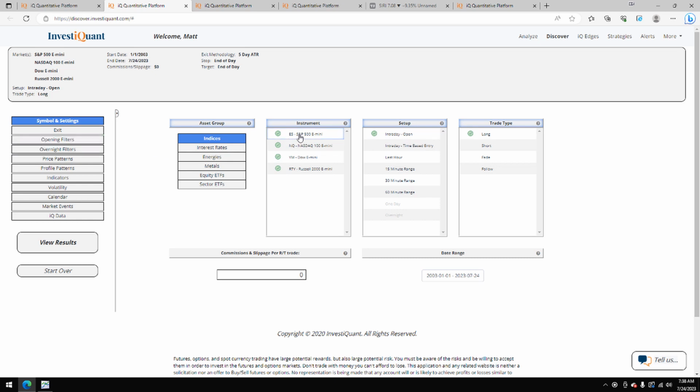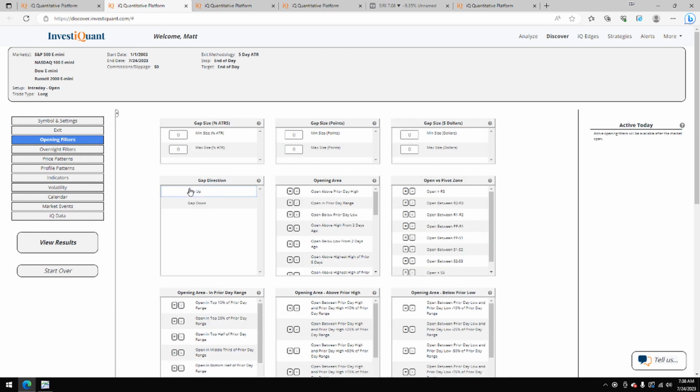Let me go ahead and get it set up. I'm using all four instruments. Our setups are based upon entering long at 9:30 a.m. Eastern Time, exiting at 4:15 p.m. Eastern Time. Now, currently we're trading higher in the overnight session, so I'm going to go to the opening filters,